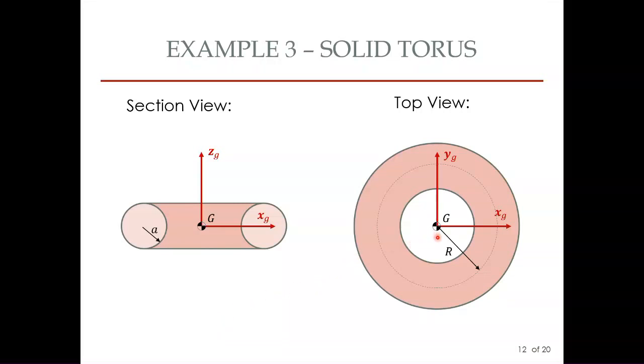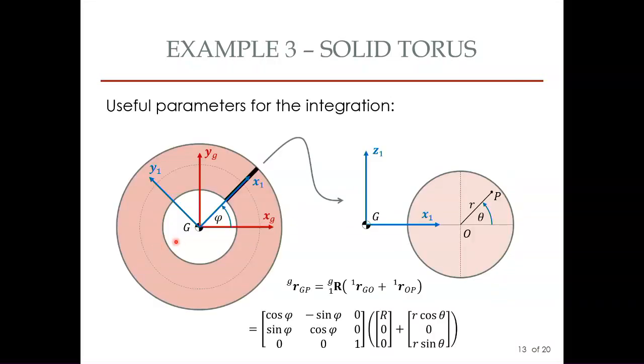Okay, now there are a few dimensions that I need to give to you. So R is this dimension until the centroid of this donut here. Okay, so until the center, this is R. And a is the cross-sectional radius, the small a. All right? So what I will be doing in the next slide is defining the position of an arbitrary point